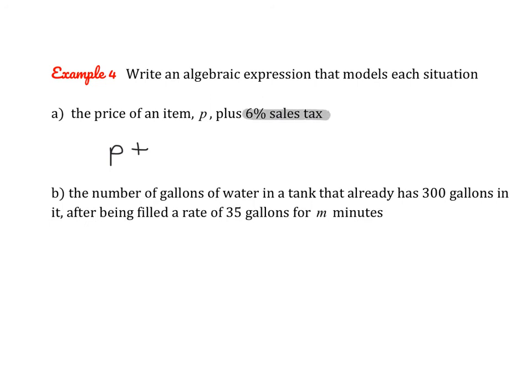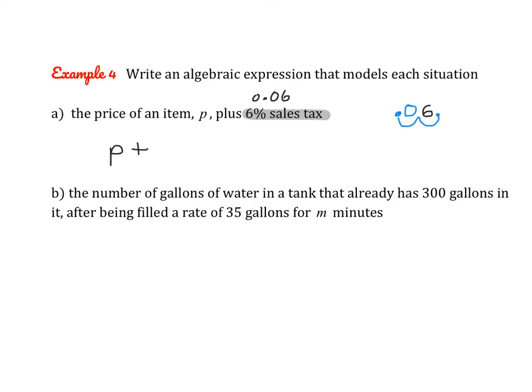Okay, so anytime you're doing a percent of a value, what you need to do is multiply the decimal version of the percent times the total value. So let's talk about how to change 6% into a decimal. You're going to start by writing your 6. Right now it's 6.0%. And we're always going to move our decimal point 2 digits to the left. And anywhere we need to, we're going to add a 0. So 6% as a decimal is